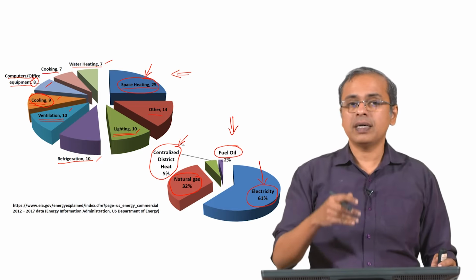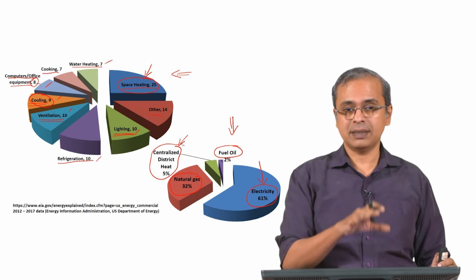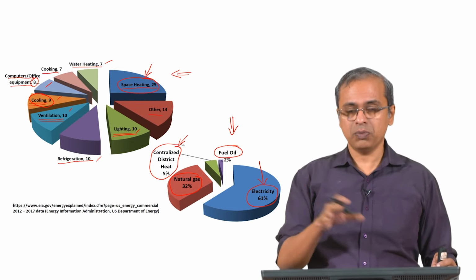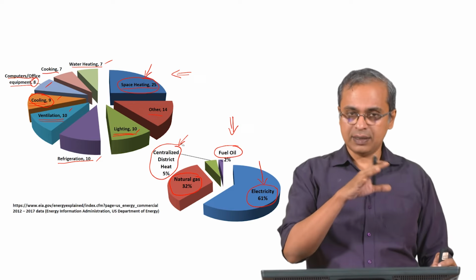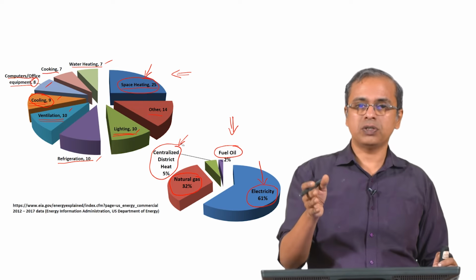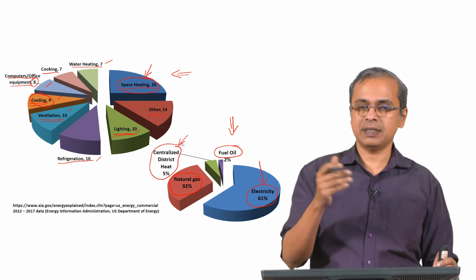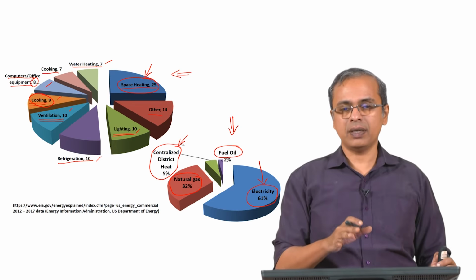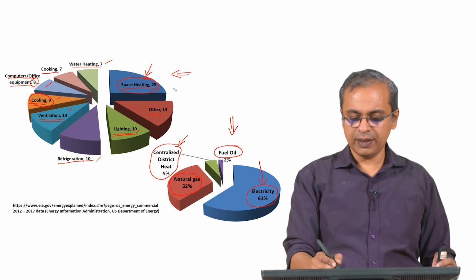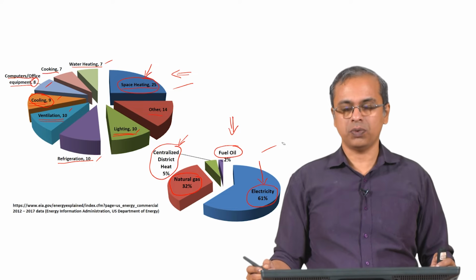So, this is how energy is consumed in buildings, and not necessarily in the residential sector, more in the commercial sector, as I said. This involves malls, shops, restaurants you go to, schools that you go to, hospitals that people visit. All those things are taken into account. This is the kind of split of energy usage that you just saw here, and this is how that energy is being supplied. So, this is what we see.